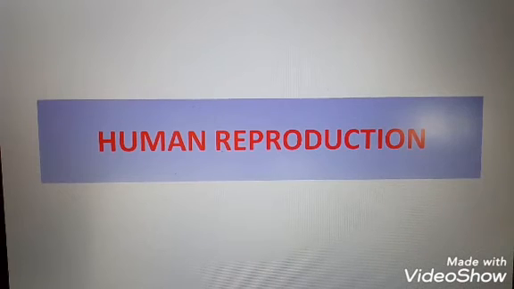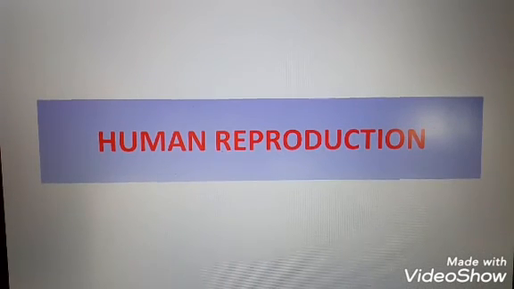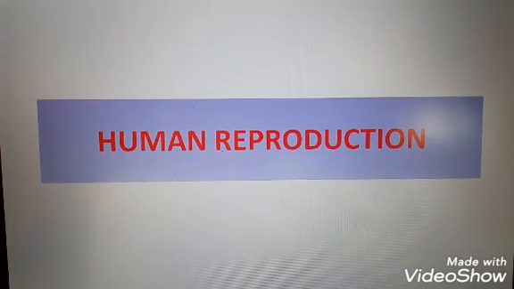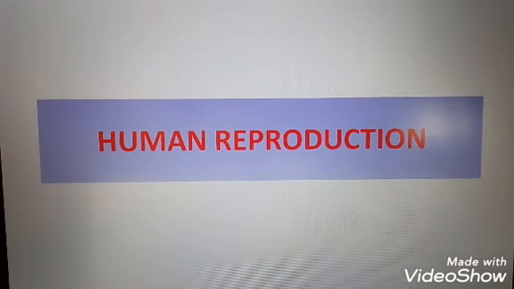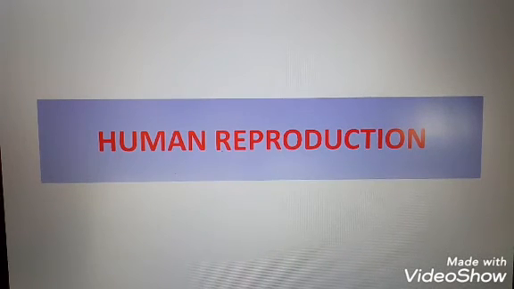Next question is, mention the fate of corpus luteum and its effect on the uterus in the absence of fertilization of the ovum in the human female. In the absence of fertilization, what will happen? The corpus luteum degenerates, and this causes disintegration of the endometrium and leads to menstruation. Okay. Next question is, explain the events that follow fertilization. That portion I didn't take, so I am not reading that question here.